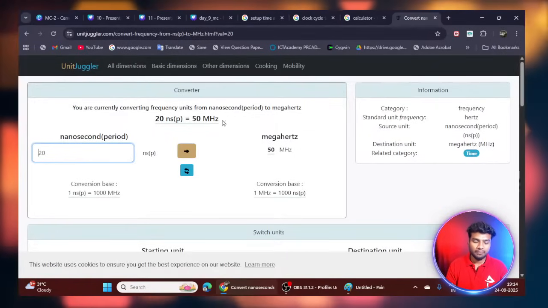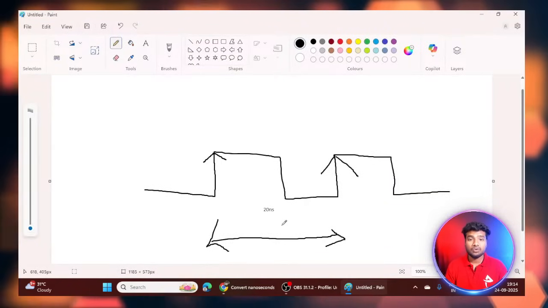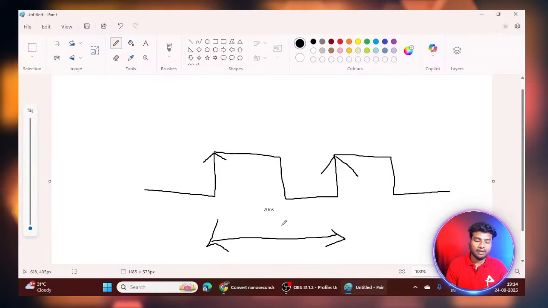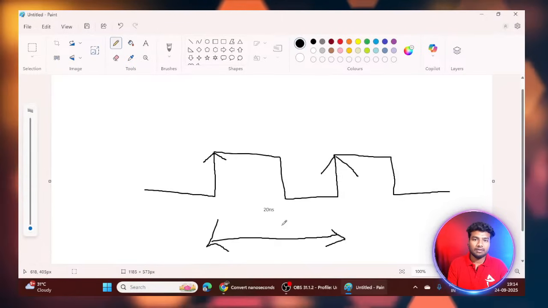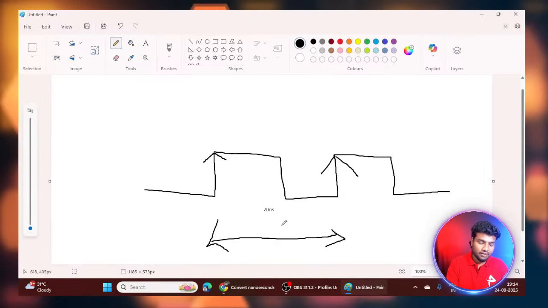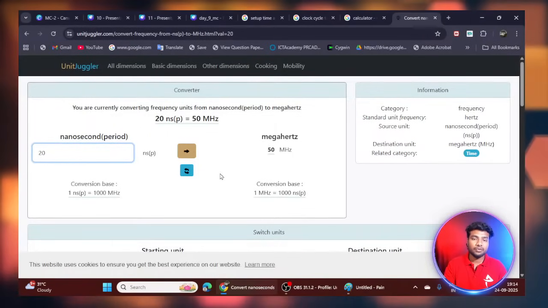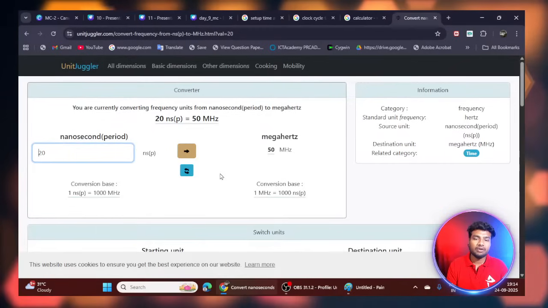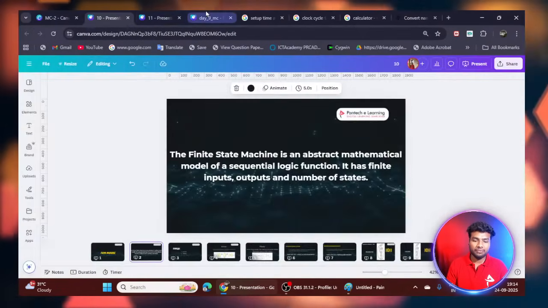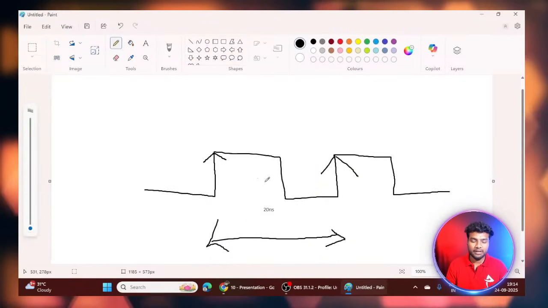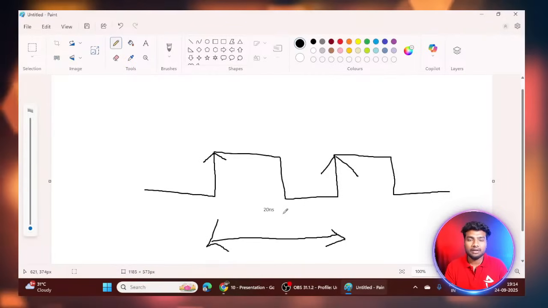My main thing is that the time taken for one clock cycle is 20 nanoseconds, and I want to know the frequency. So you apply the values into the formula F equals 1 by T, and you will get the frequency, meaning what frequency the clock is using. I'm using a calculator that converts nanoseconds into frequency. If the time taken for one clock cycle is 20 nanoseconds, that clock has a frequency of 50